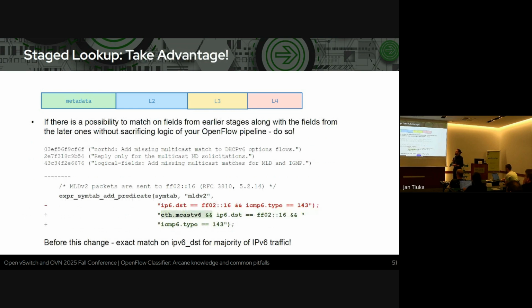One example of how this is relevant for OVN: we had an issue where we were unwildcarding the majority, we had an exact match on IPv6 destination for the majority of IPv6 traffic for some reason. And if we just add,